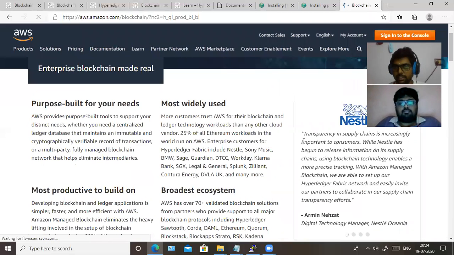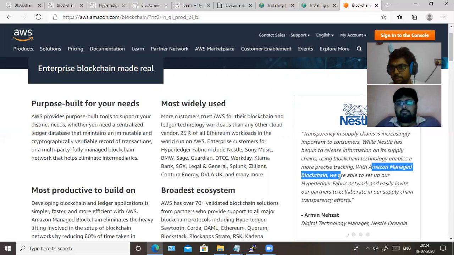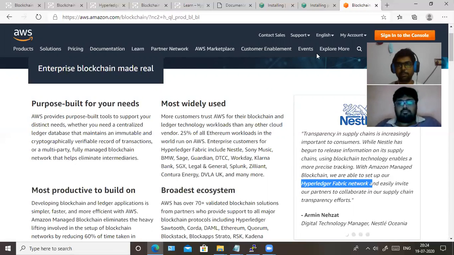Here you can see Nestle is one of Amazon's customers. They are using a Hyperledger Fabric network. AWS managed blockchain is using Hyperledger Fabric. Basically, they are using Hyperledger.